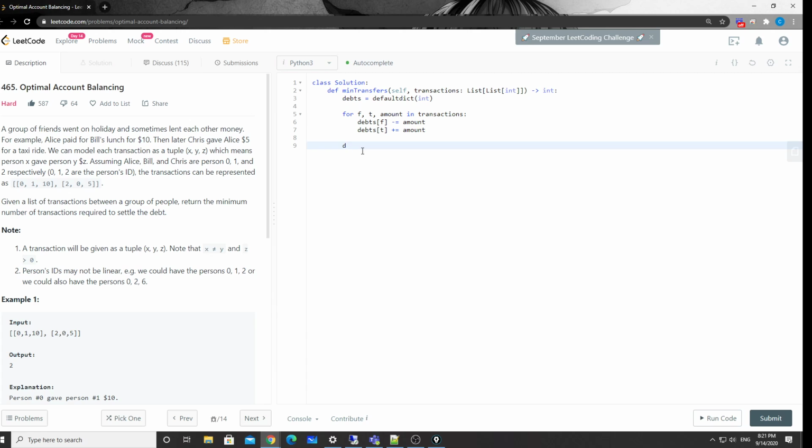In that case, it will be a little hard for us when we do the backtracking, because let's say we are at person 2 here, and the next one is 6 in our debts. But how can we find 6 from 2? Because the map is not sorted. I mean, unless we sort the map. I think we can sort the map, but